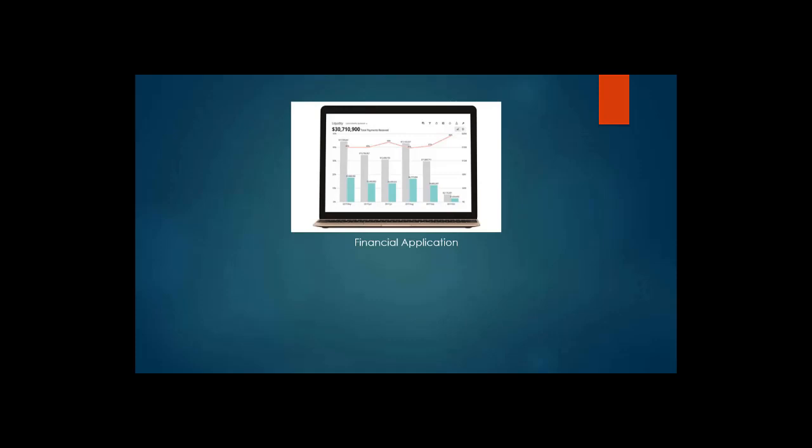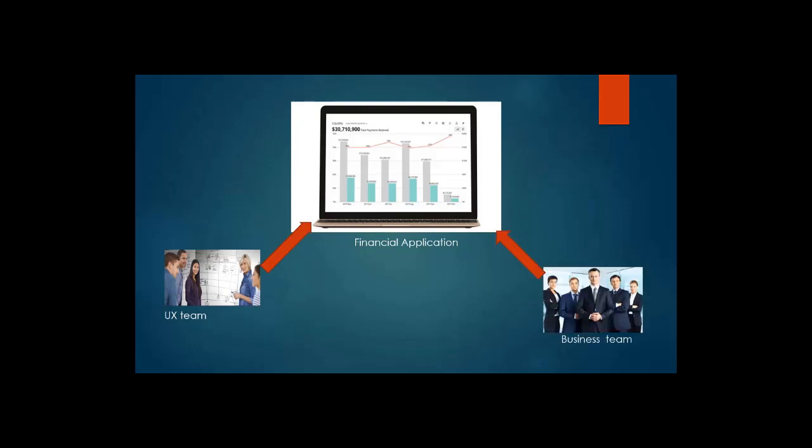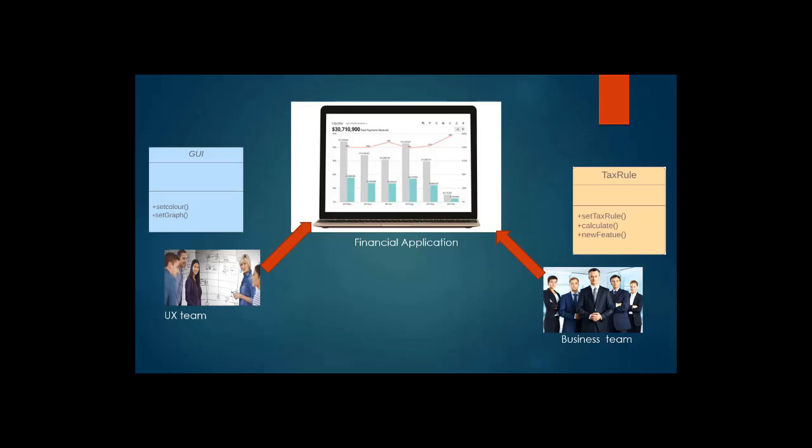Say you have built a financial software application, say a web-based application. Two teams manage this application and issue requirement changes, which eventually cause the financial application to change and update over a period of time. Typically in this kind of application, there will be a GUI, UI, UX team which will change or update the application to make it more appealing. The second team will be the business team, which will change the application as per the business needs. An example here could be a change in tax logic, which will require application logic or business rules to be updated. So here we see two teams with two separate purposes acting on the same application.